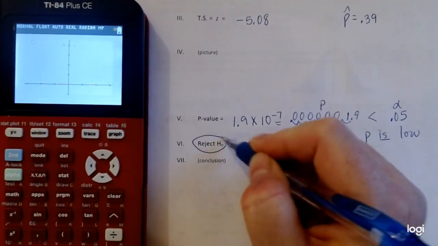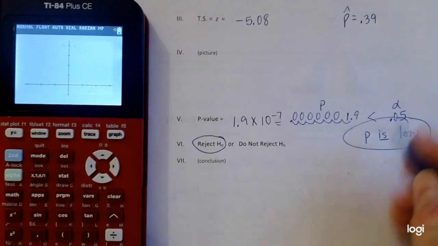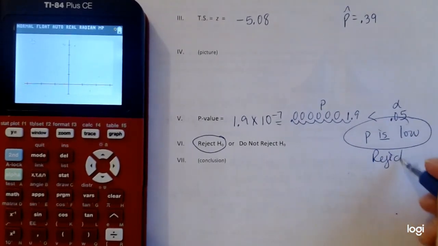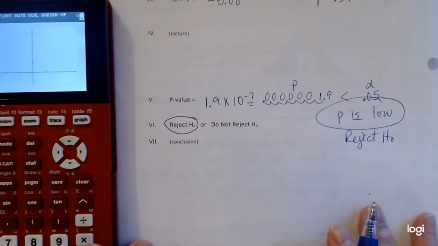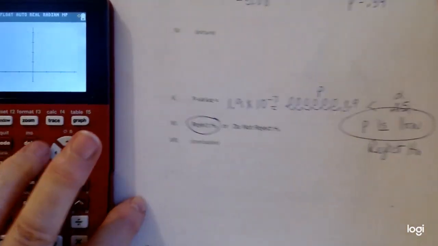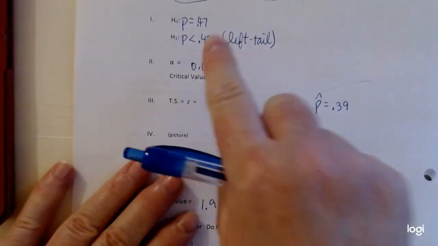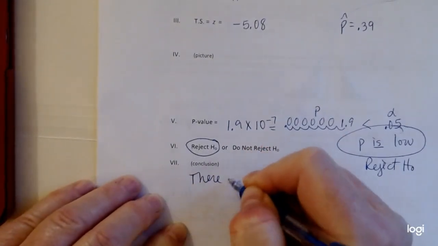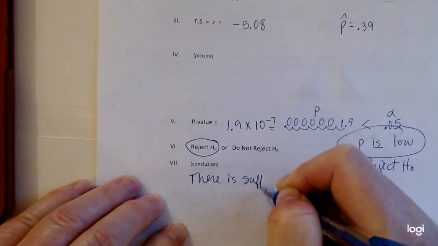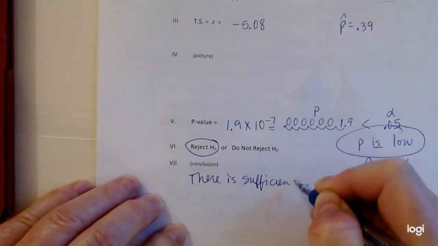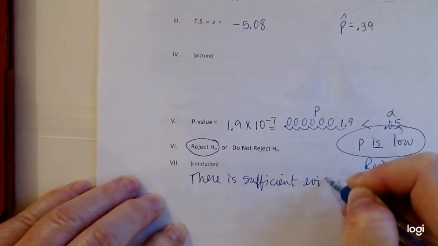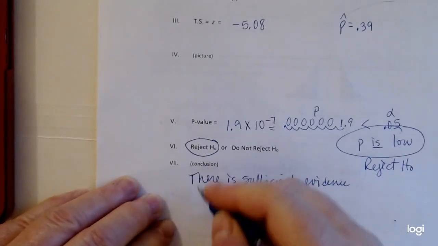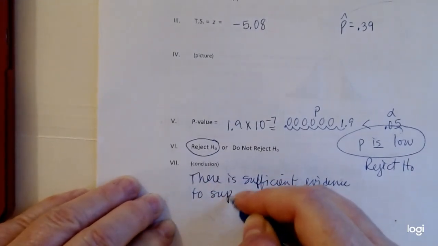So P is low, we reject H naught. And that means that the evidence supported the claim. So there is sufficient evidence to support the claim